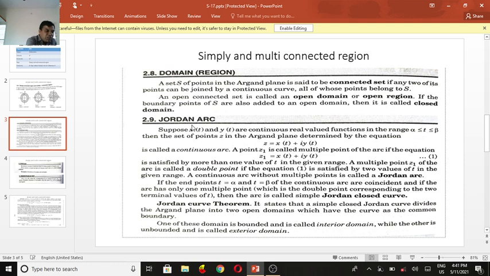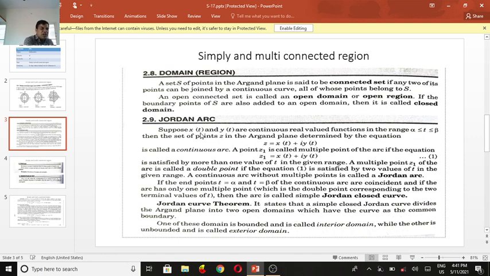An open connected set is also called an open domain. If we collect its boundary points along with it, it is called a closed domain. Otherwise, it is an open domain. Now, if you come to the Jordan arc, simply say,